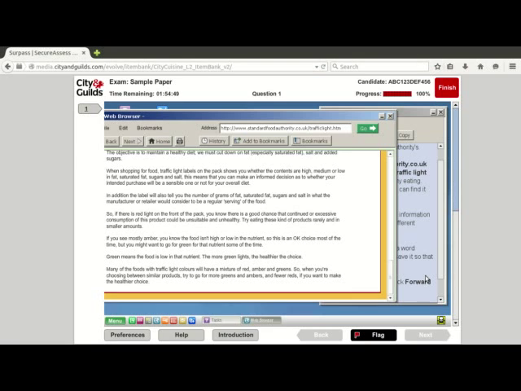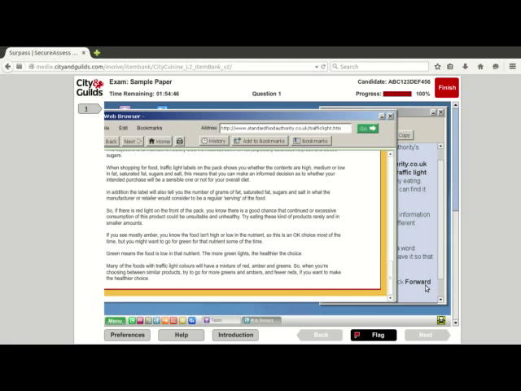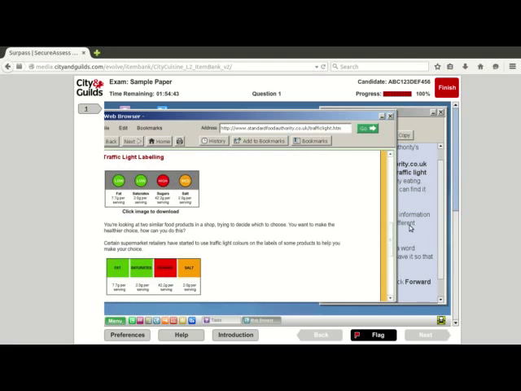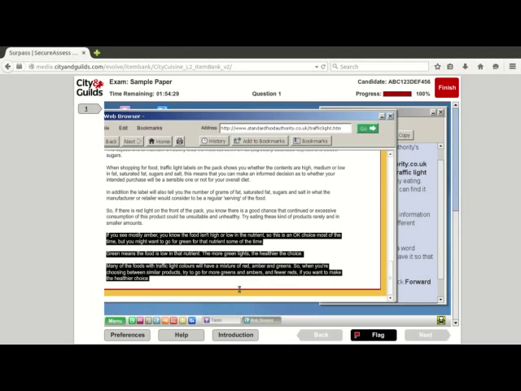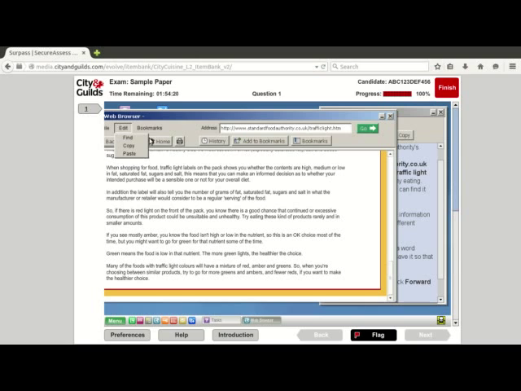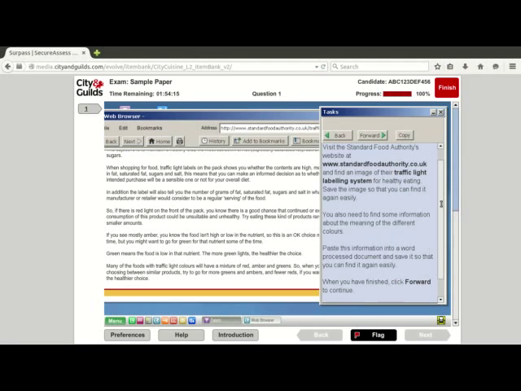Right. I think I found some information here. It's right here. So I can just copy all of that. All of this here. All of this, yes. So this is the information I require. Now I'm going to go to edit and choose copy, and now they want us to paste our information into